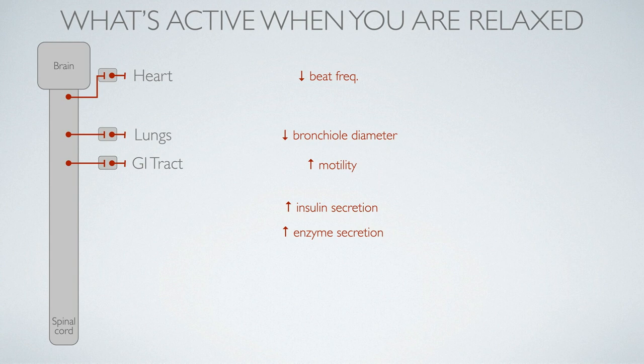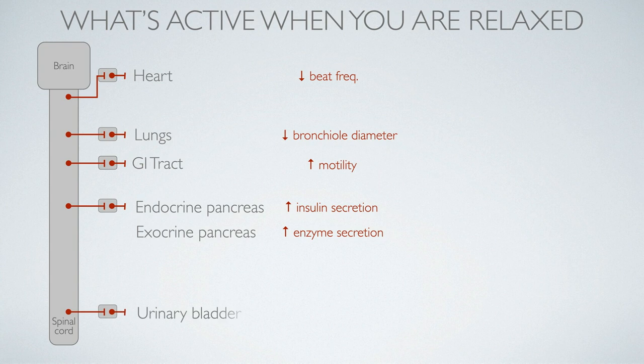And that storage allows that source of energy to be used later on when you become more active. Now, these two outcomes are orchestrated by the pancreas. There's a couple of regions of the pancreas, both of which are innervated with these pathways. You also generally don't want to have to urinate when you're running around. And your body therefore prioritizes the production of urine and